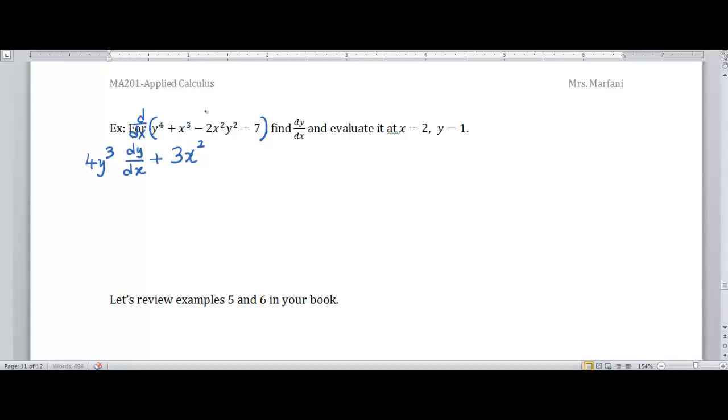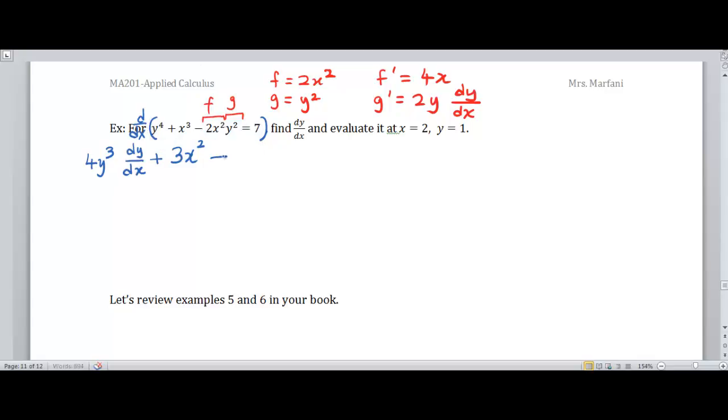Okay. For this one, I have to use the product rule. So f is 2x squared, g is y squared. So that means f prime is 4x, g prime is 2y dy/dx. Don't forget this, guys. Every time you differentiate y, you have to write dy/dx. Okay? Plus,